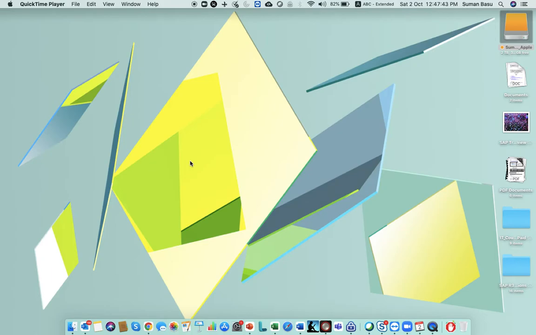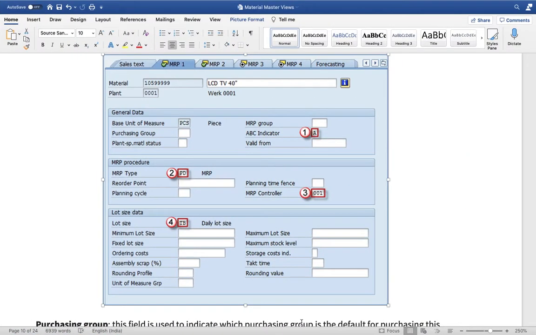We are starting chapter 10 and we were discussing the different views of the material master. This is a continuation video from chapter 9. So if you are joining for the first time, I would say that you go through chapter 9 first, and it's just a continuation from there. So we start the discussion from there.